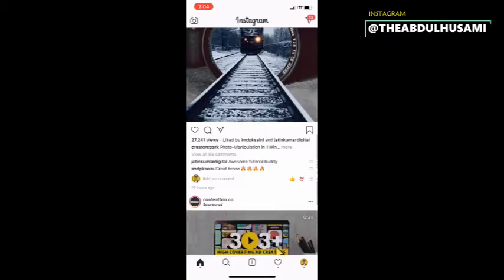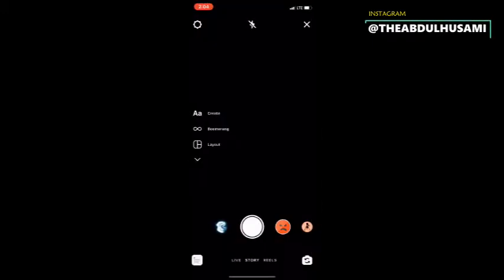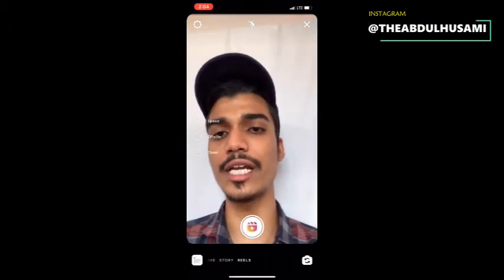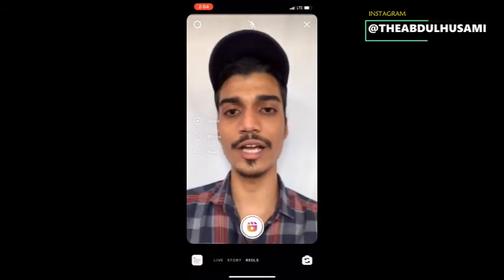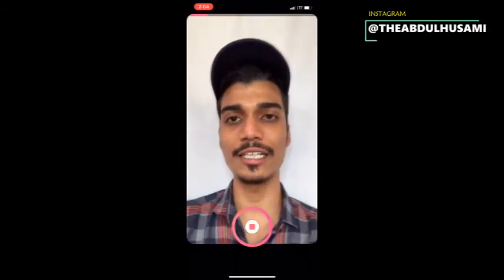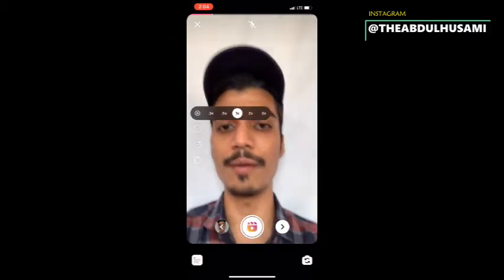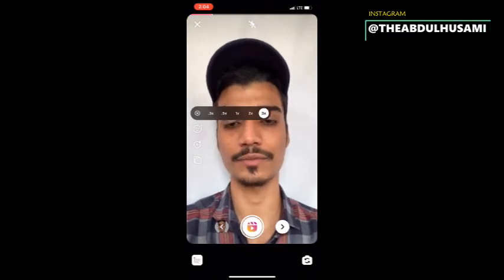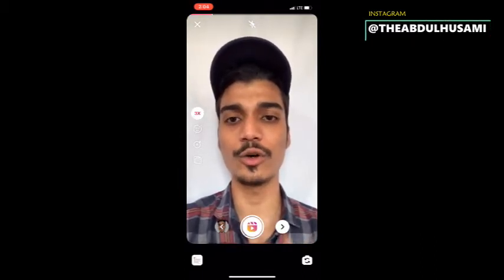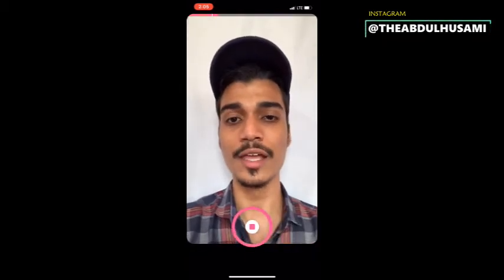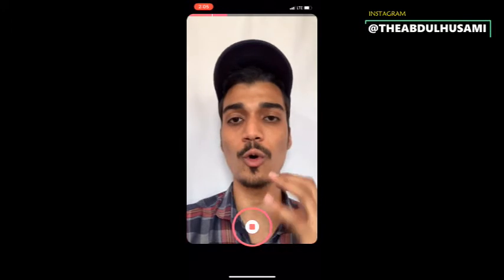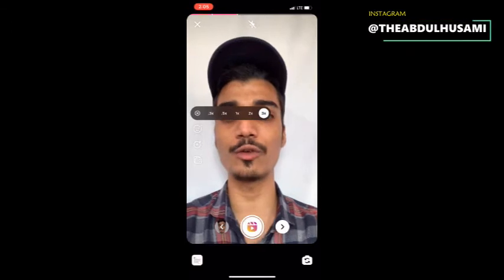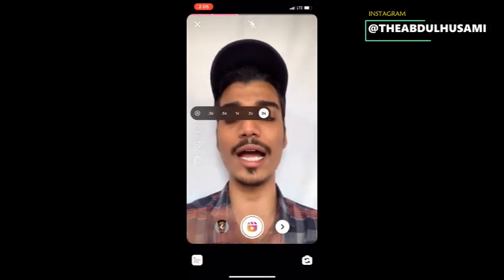Then once you have updated, you can go to this camera button. Now see, this is the new update: the live story and Reels. Here you can see Reels. Now you can hit the camera button and pause it. This is the timer. Whatever timer you want to put, you can put. For example, whatever we talk will be recorded faster in speed. So if you want to lower the speed or make it faster, you can do each and everything in this timer option. 3x, 5x, 1 to 2, 3, whatever minus or plus you want to do, you can do it.